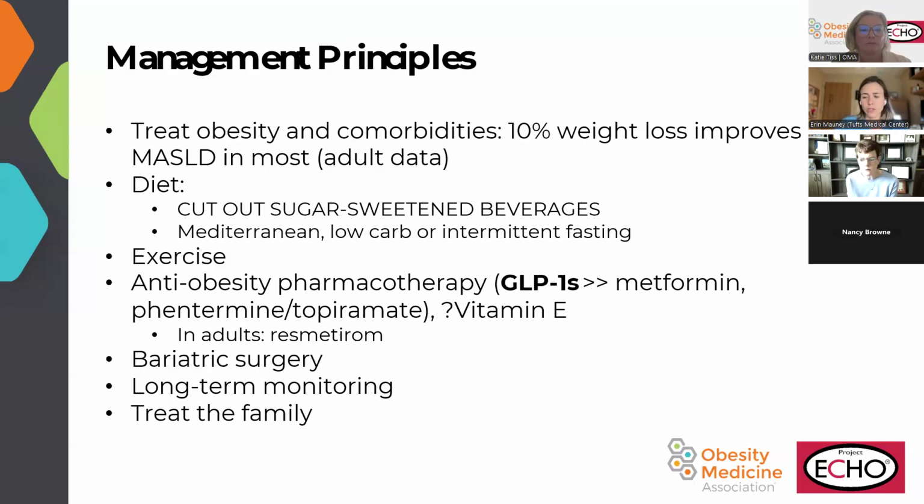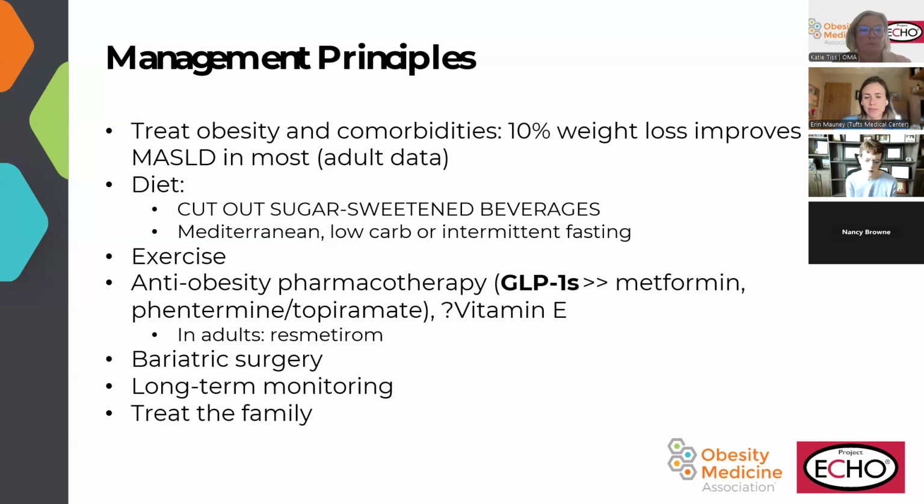In terms of the actual diet that the patient wants to do, whatever they can stick to is really the best. But Mediterranean, lower carb options, or intermittent fasting have some good preclinical and clinical data, more in adults than in kids, though. Exercise is important. I typically just start with having people try to walk after meals. That decreases the sugar in the bloodstream and is protective for the liver.